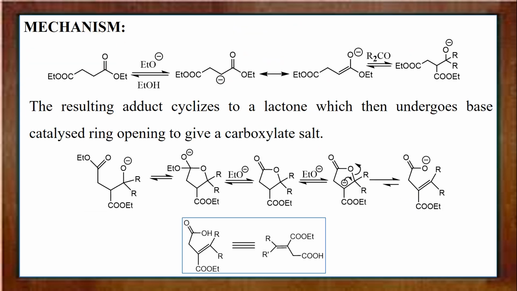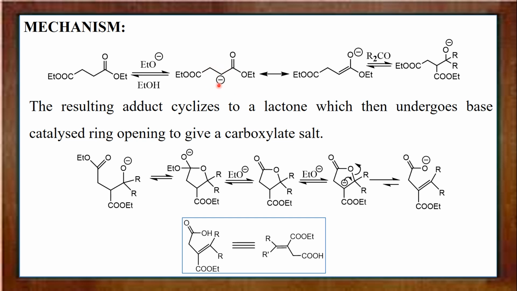Here is the mechanism for Stobbe condensation. This is diethyl succinate. With that we are adding sodium ethoxide as base, and this base is abstracting a proton from the alpha hydrogen, the most acidic hydrogen of this molecule, resulting in the formation of a carbanion, and this carbanion is an